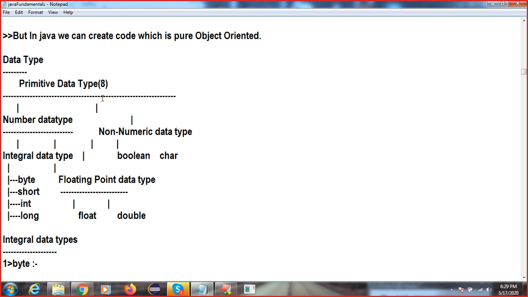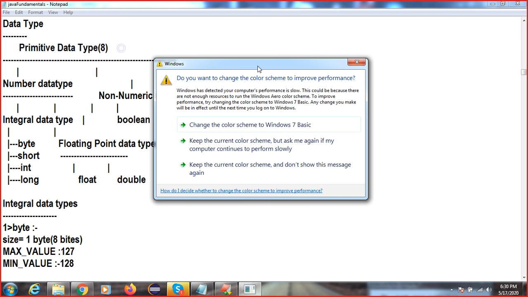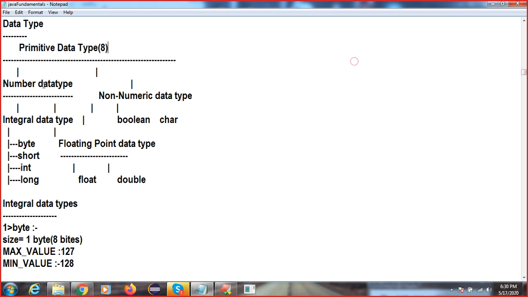So the next topic is data types. We have different types of data types here. First, the primitive data type. Primitive data type is divided into two parts: number data type and non-numeric data type. I think this diagram is not completely correct, but no problem, I will give you the overview.